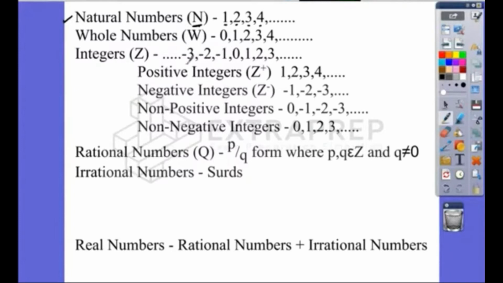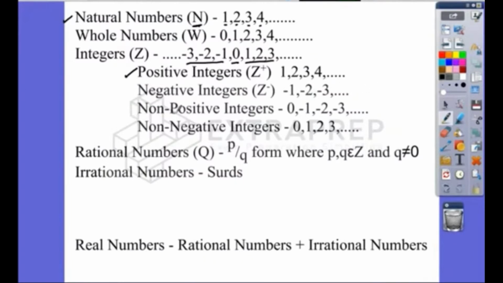Integers can be categorized into three kinds: negative numbers, 0, and positive numbers. When you take them as three categories, the advantage is when you want to talk about positive integers, that's only 1, 2, 3, 4, and so on. For negative integers, it's -1, -2, -3, and so on.